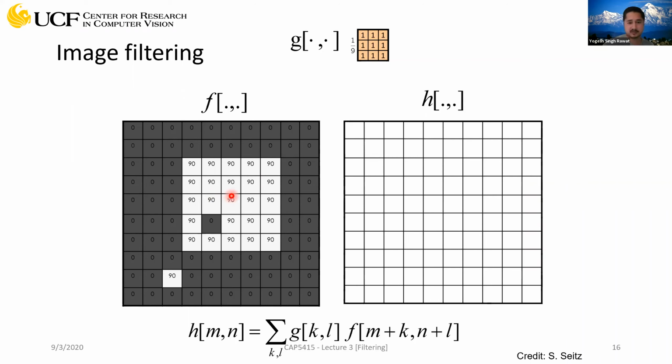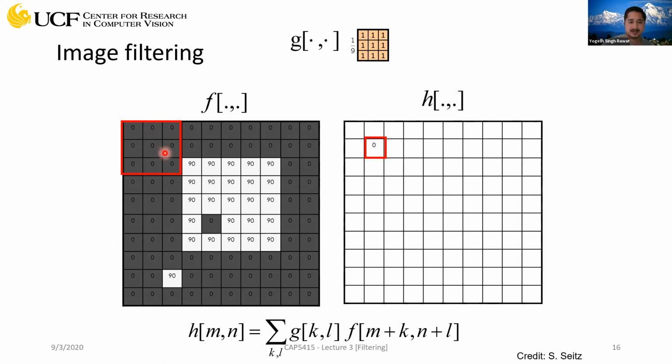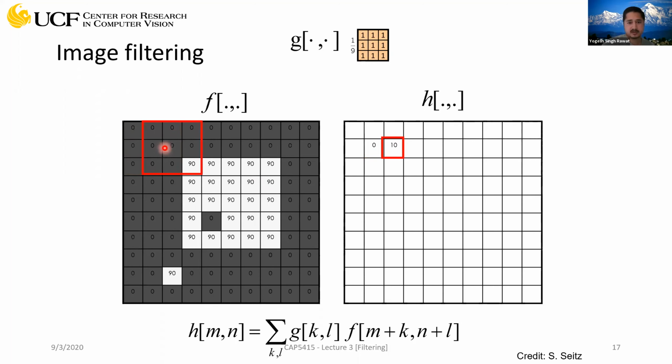When we look at numbers, I think it's more intuitive. So this is like a patch from an image where these pixels are all 0 and these pixels are 90. First you put your filter at this location. This is all 0, so the average will be 0. Then you move it here. From these pixel locations you still get zeros, but this will give you a 90. But this is a 3x3 kernel, so we divide that 90 by 9, and you get a 10.